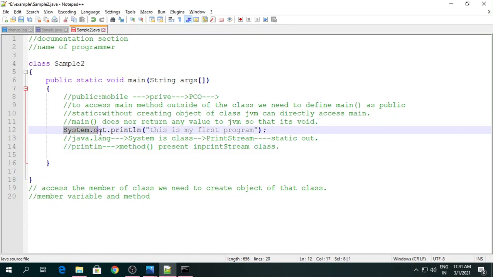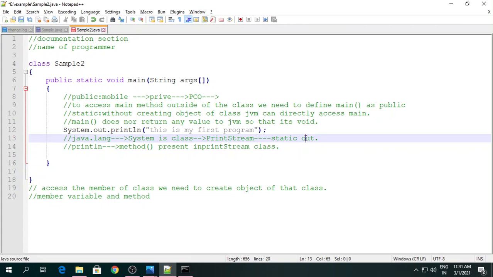we need to write the statement System.out.println. Now again, understand the meaning of System, out and println. System is a class present in the java.lang package, and out is a static variable present in the System class of type PrintStream. And println is a method present in the PrintStream class.